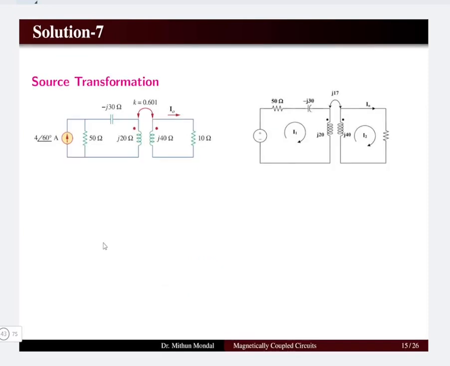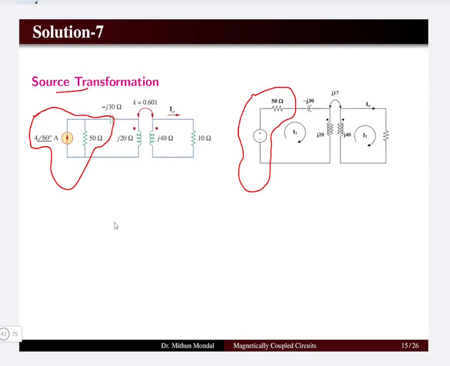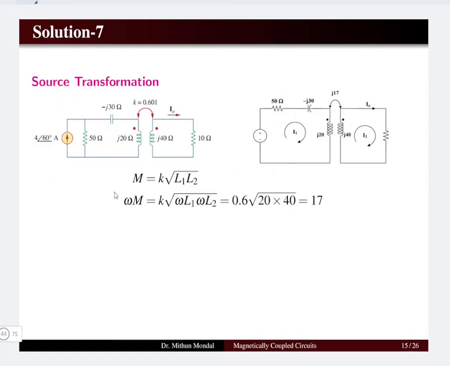So first we will try to reduce the network using the concept of source transformation. So this part of the network we can reduce with having a current source in parallel with a resistance, with a voltage source in series with a resistance, using the concept of source transformation that we have studied. Now what we can do is, we know the relationship of mutual inductance and self-inductance with the coefficient of coupling. In this problem,